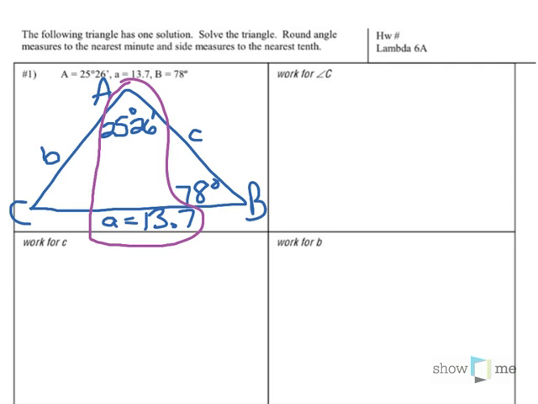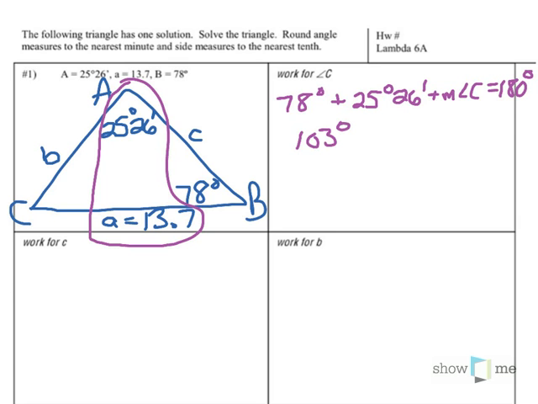Something we can do quickly and easily that has nothing to do with the law of sines: the sum of all the angles in a triangle is 180 degrees. That's the angle sum theorem. If we add 78 and 25 degrees, 26 minutes, we get 103 degrees, 26 minutes, plus the measure of angle C equals 180. We subtract 103 degrees, 26 minutes from both sides. We get the measure of angle C